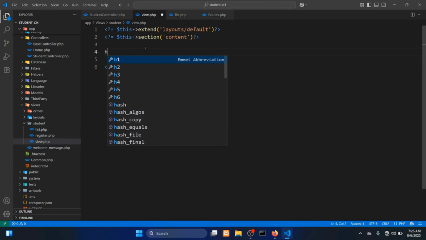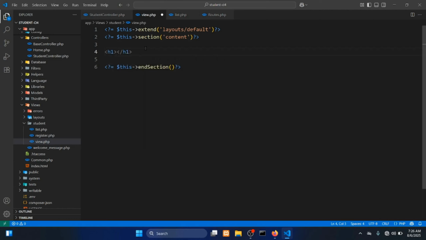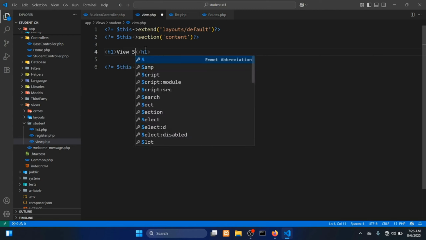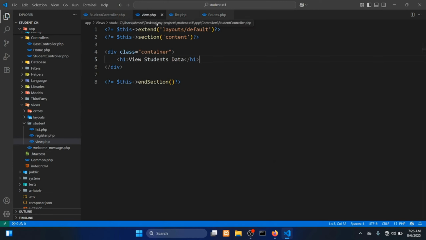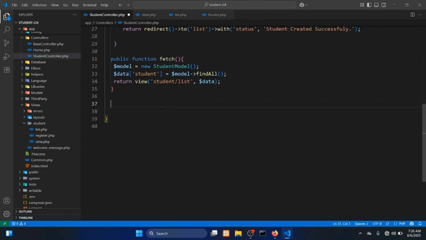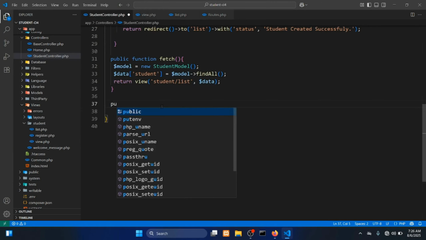Inside that, I create h1, then view students data, and I need a container. Very good. I need to call that page in my controller and my routes, so I need a new